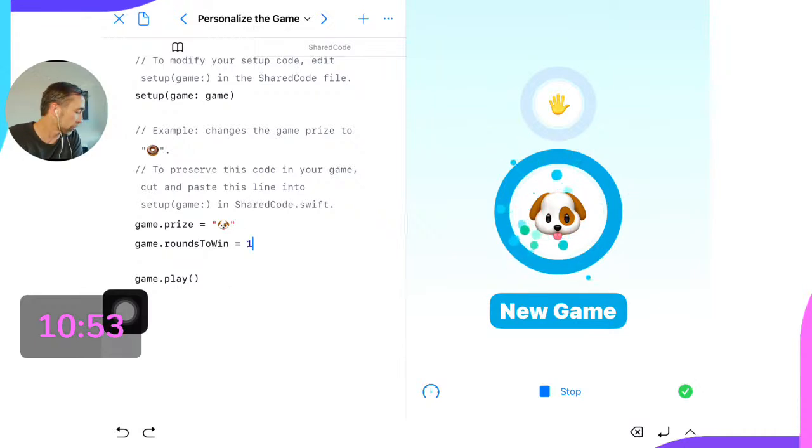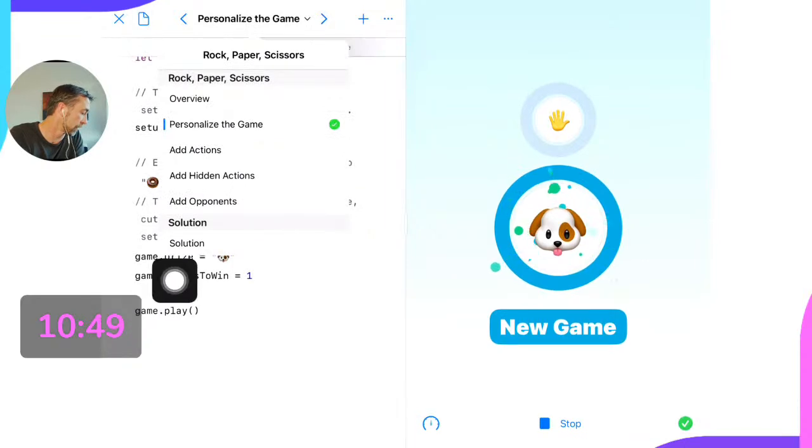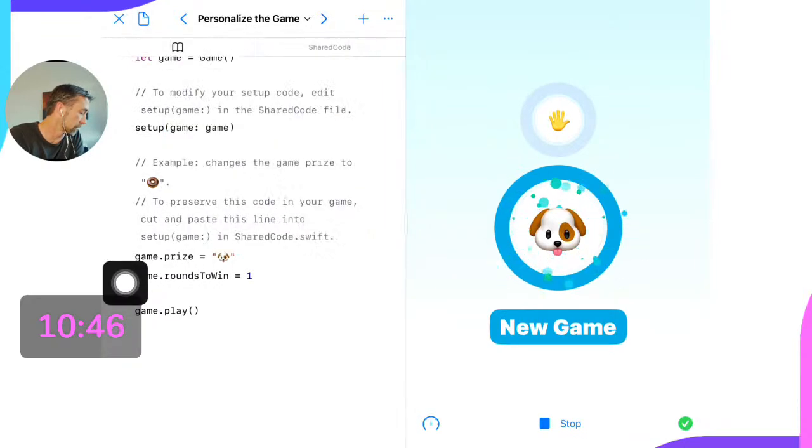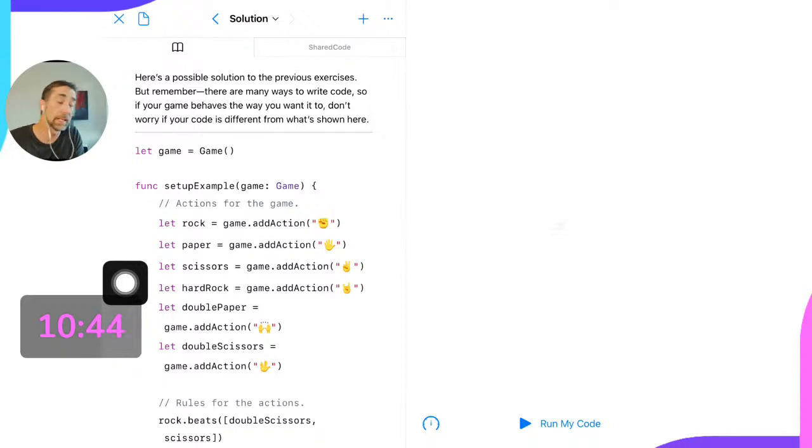What we're going to do now is we're actually going to jump to the solution. So we're going to tap on this one, tap on the solution page, and now we can see a ton more code. I love going through playgrounds like this, like I said, because you can look at what someone else has done, you can make little changes and see how that affects the game or the app that you're running.